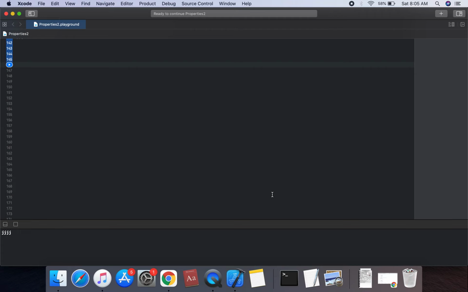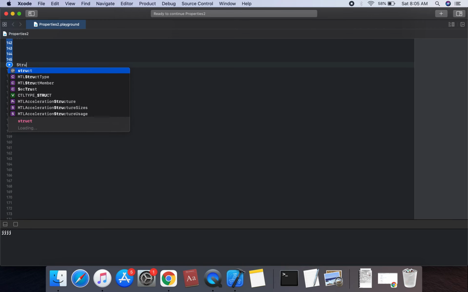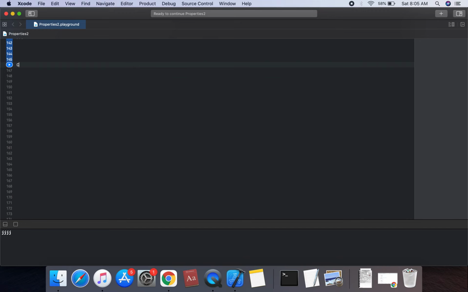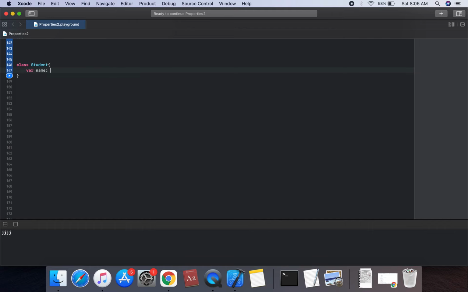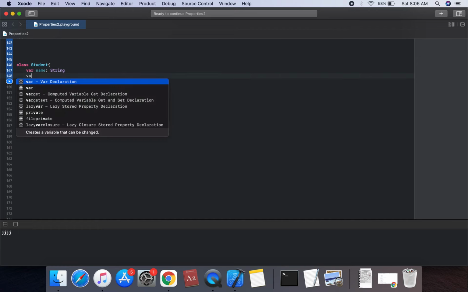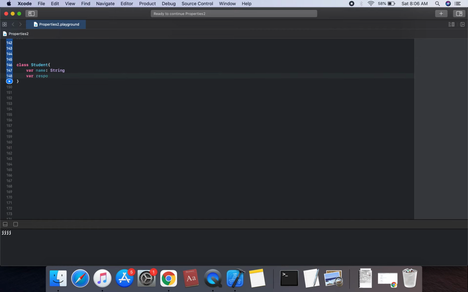So let us look at the following example. We can create a class, sorry, not a struct, a class for a student, which has two properties. The first is var name, which is of type String, and the second is response, which is of type String optional.